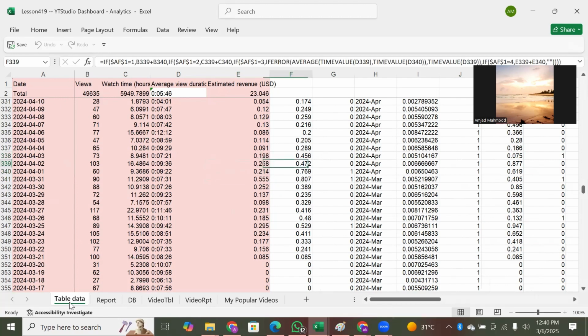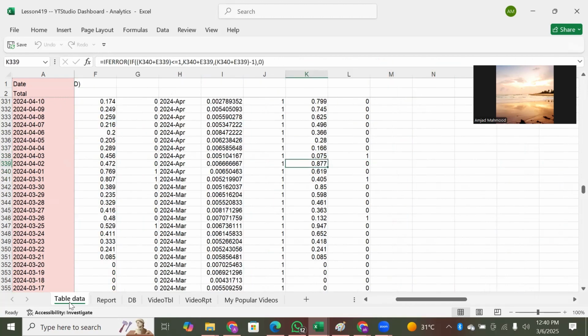So this is the mechanism which we have used. We have used this formula. Let's analyze this formula. What does this formula do, right? It is consistent, right? So first, if it is a no-monetization period, then it will put a 0. That's what it is doing, right? As soon as there is monetization, it checks if it is less than $1, then it